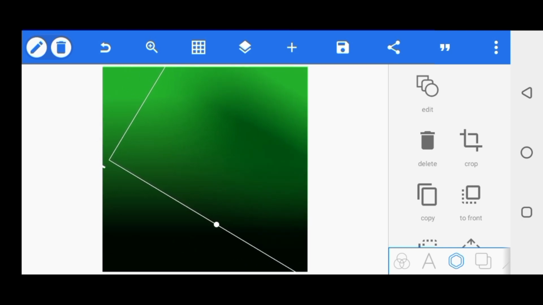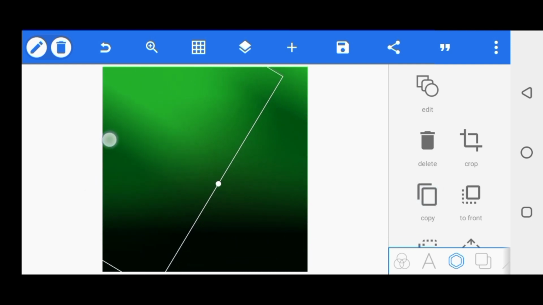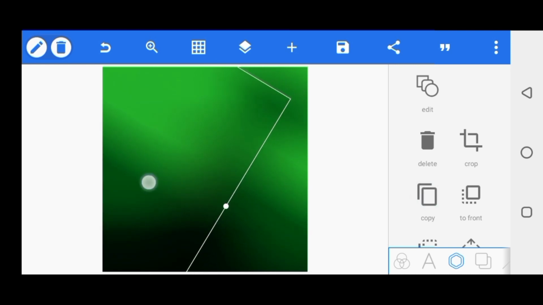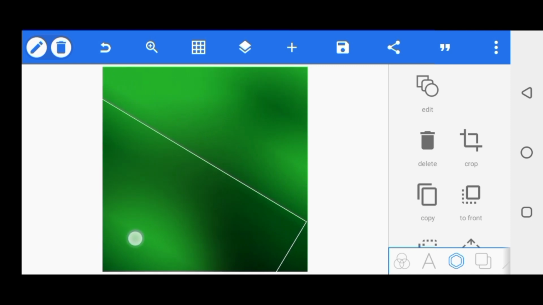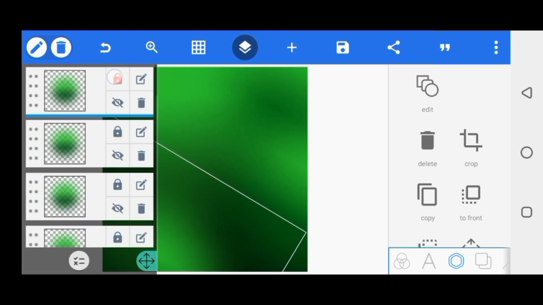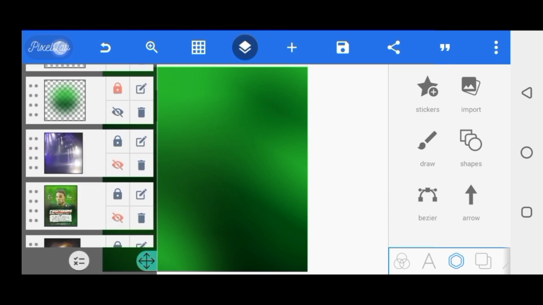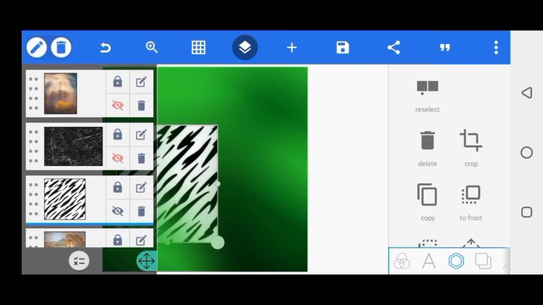shape like this. I'll just make a copy of this, and I'll position them accordingly. I'll make a copy of this like this, and another copy like this. So let's lock it and see the outcome. Alright, here you can see, rather than using plain colors, you can actually make use of colors like this. For that, you can also use a pattern as color,